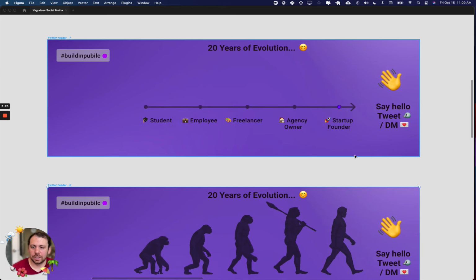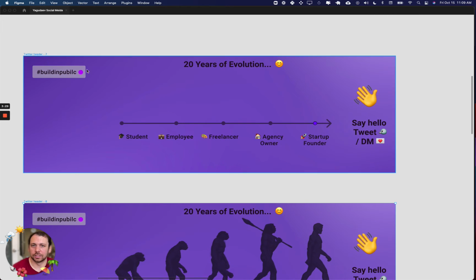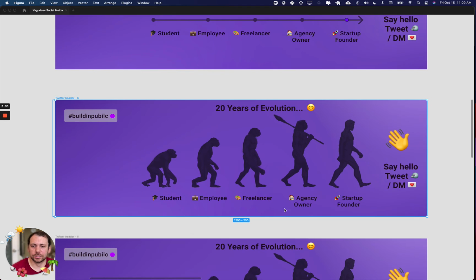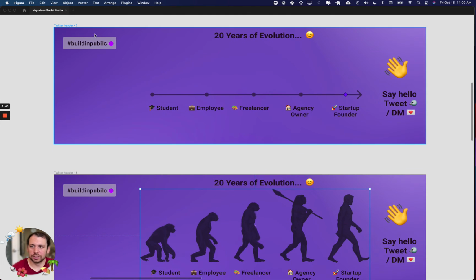The next step was my girlfriend. Actually, I got some feedback. I started tweeting about this, and I started getting feedback. And my girlfriend told me that this look here looks a little bit too stock image, and it doesn't look like my brand, and instead I should simplify and just use emojis. So I tried this timeline look